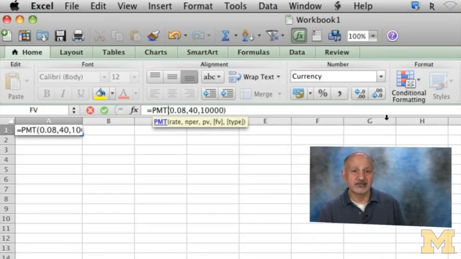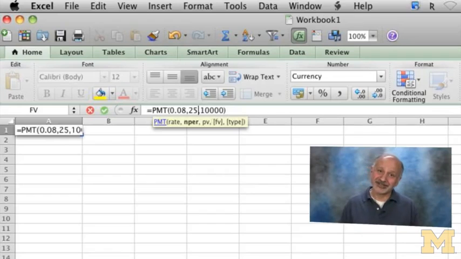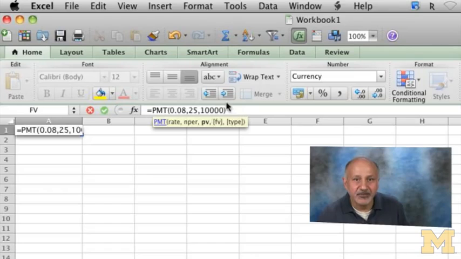How many years? In the previous problem, it was 40 years, right? In this problem, we have, I believe, 25. And if I make a mistake, that's one of the times you can catch me and fix it faster than me. Okay? So the number of periods,